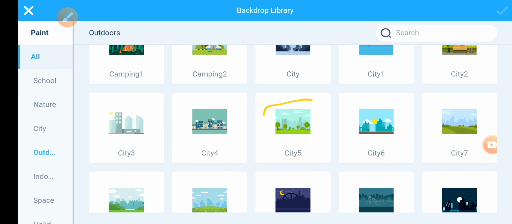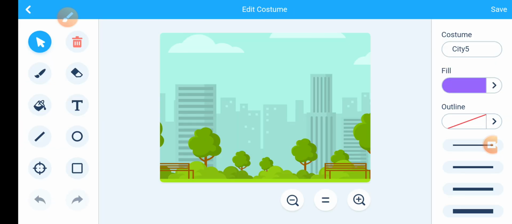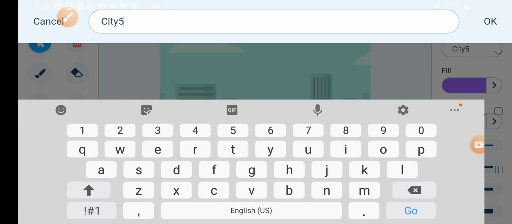I have considered this is for high wind. Then rename this. Type the name here, high wind.